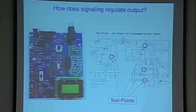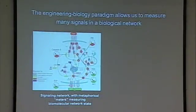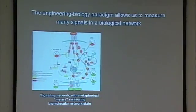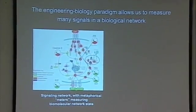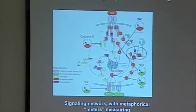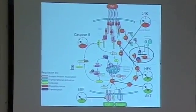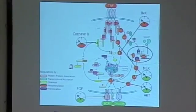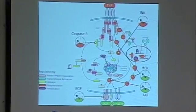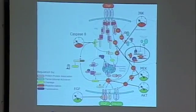So we don't actually have to measure everything. We just have to somehow figure out what the key nodes are that are going to be the test points for our circuit. Maybe in a biological circuit, if we had a meter that could measure the activity of certain proteins, a kinase called JNK, or a protease called caspase-8, maybe we could predict if a cell would live or die, or if it would grow if we stimulated it with a growth factor, or if it would metabolize glucose differently if it was stimulated with insulin, by measuring not the activity of all of these proteins